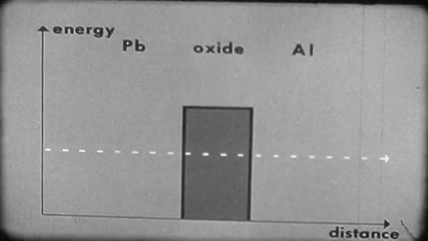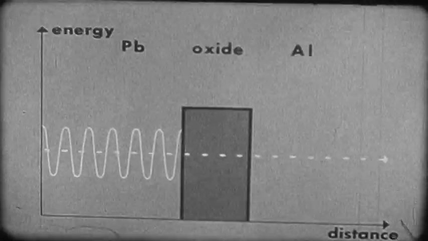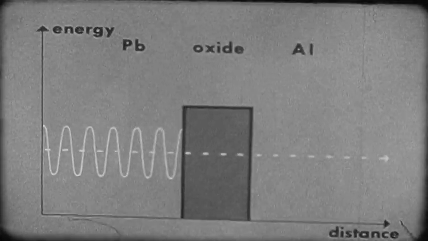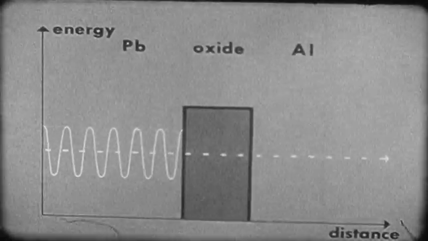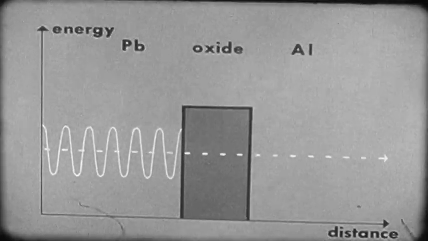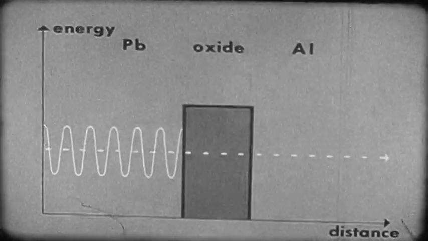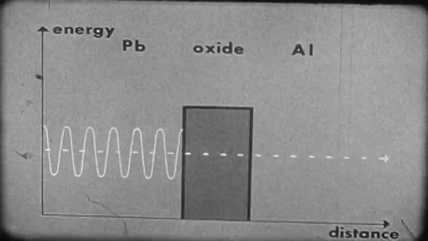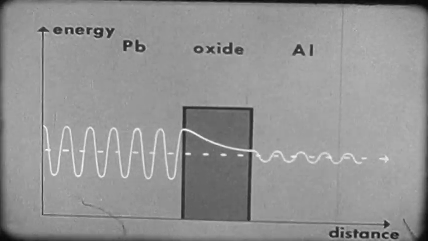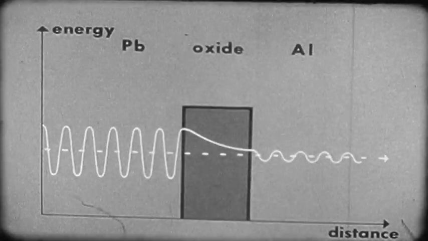The broken line represents electrons of a given energy. The wavelength is given by their momentum. The amplitude represents the number of electrons at that energy. As a disturbance of this kind, the electrons may penetrate the oxide layer. But since their energy is less than the barrier potential, they cease to be wave-like in this layer. Rather, the disturbance decays. At the other side, a low amplitude disturbance, a wave again, of the same length and energy can be joined to this line.